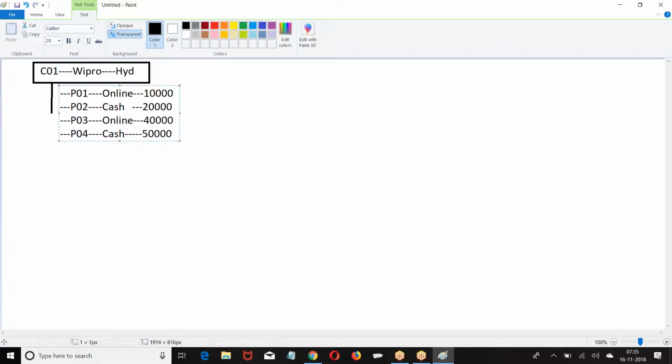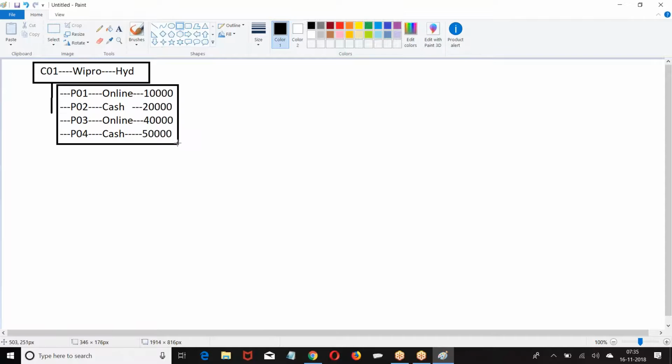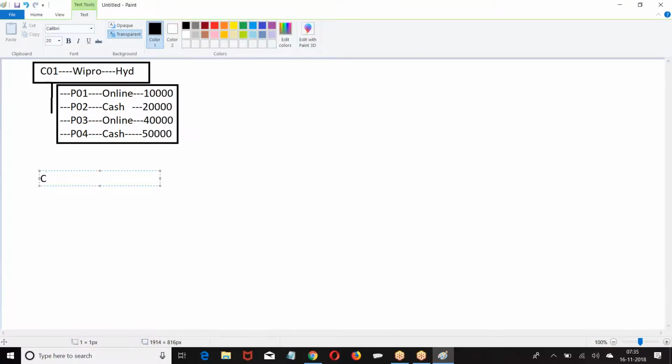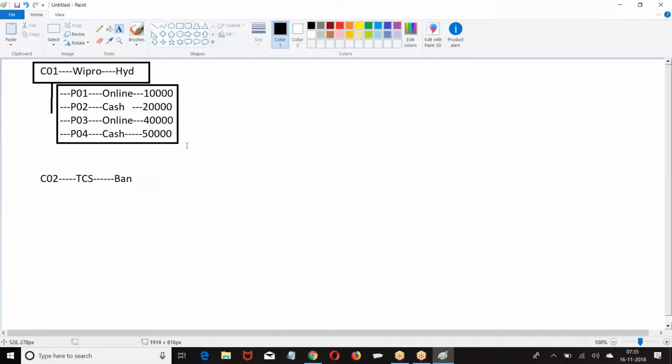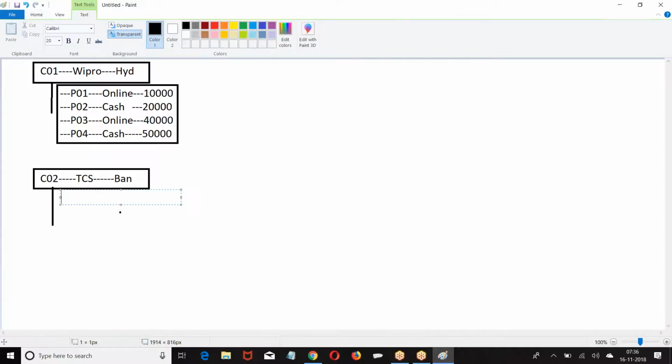This is the master record and the corresponding child record.